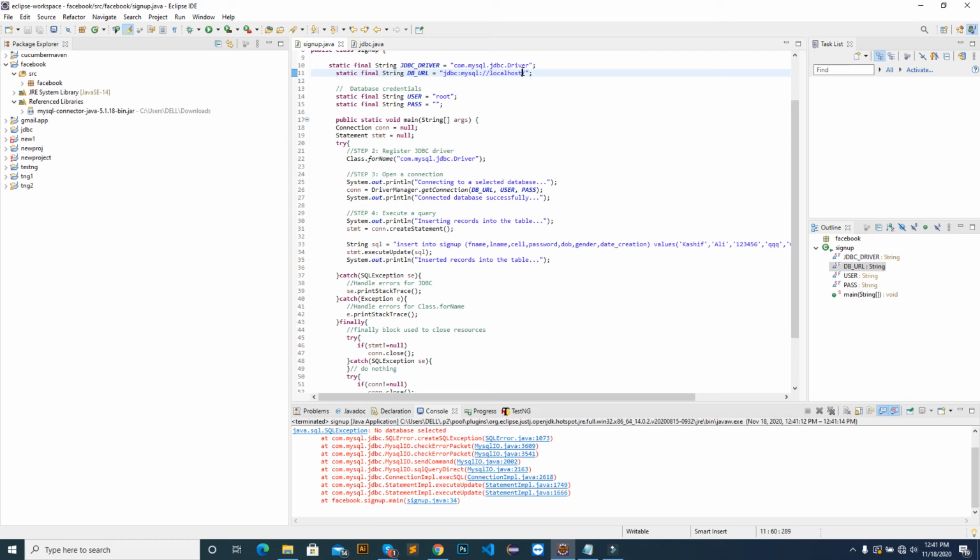So this is JDBC MySQL localhost, meaning databases on the localhost. If there is no localhost, then we will use an IP, live IP or live for example facebook.com. We will use facebook.com/ and then the database name. For example, database name is Facebook. So our database name is, if you see, our database name is what?